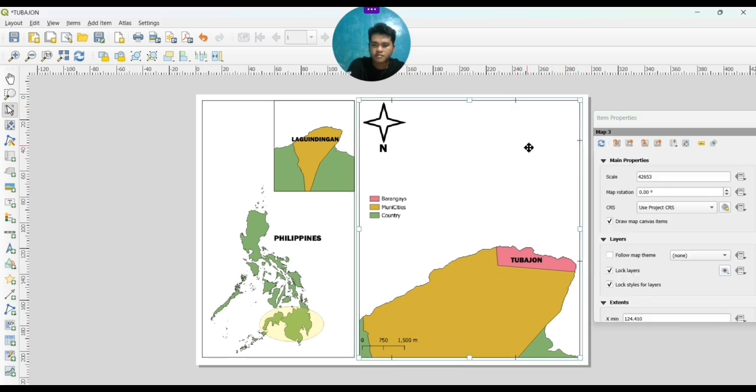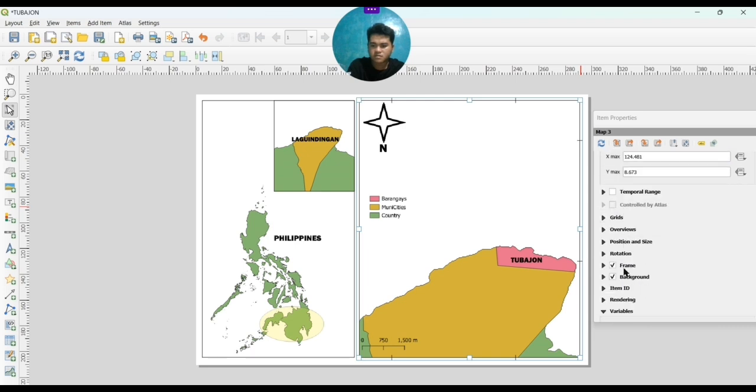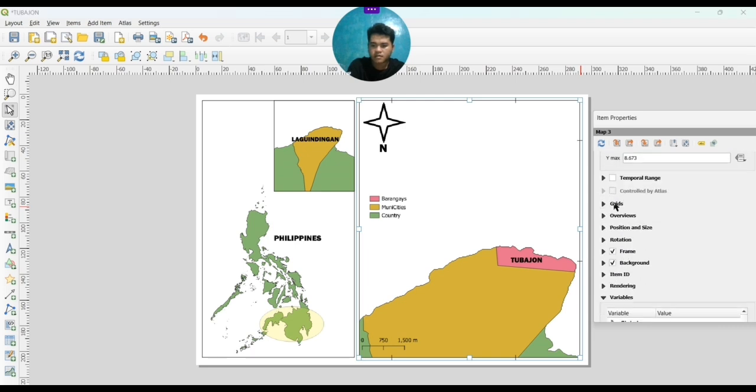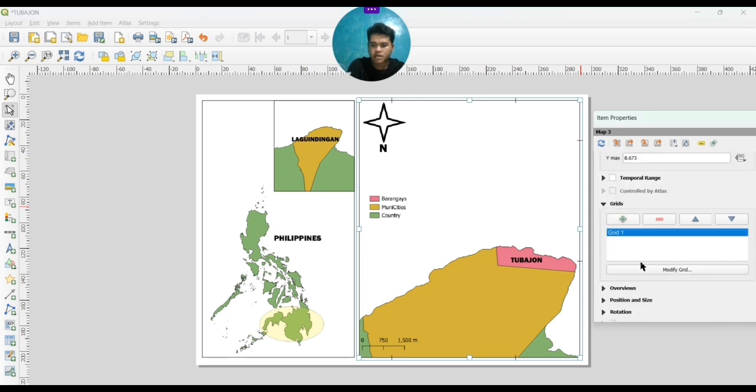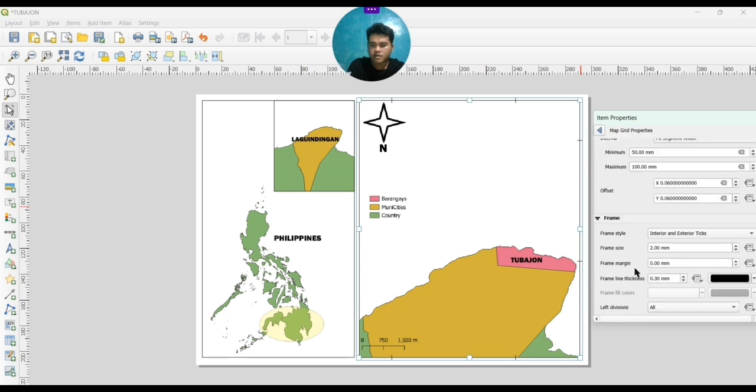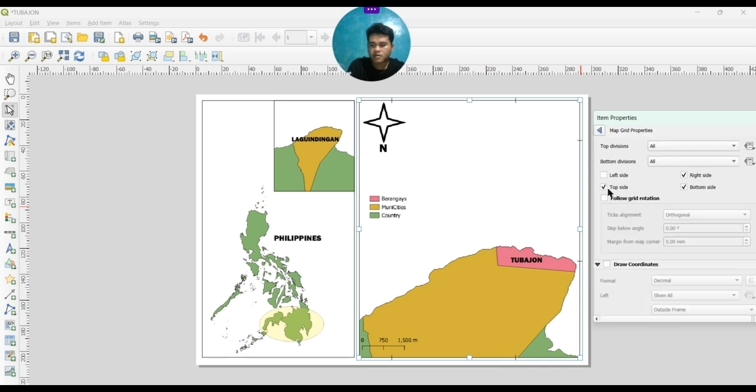Sorry, it's back to grid lines, modify grid lines, I mistakenly clicked those things. So remove the check from left side to top side. Then you will remain the right side and the bottom side. Then click draw coordinates.